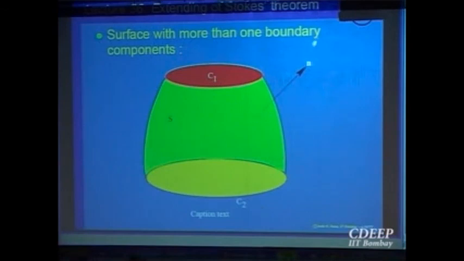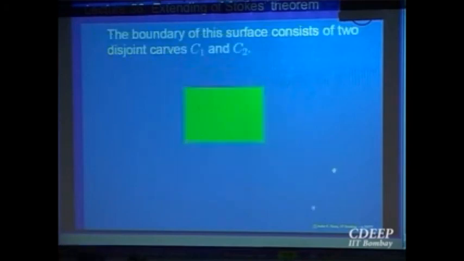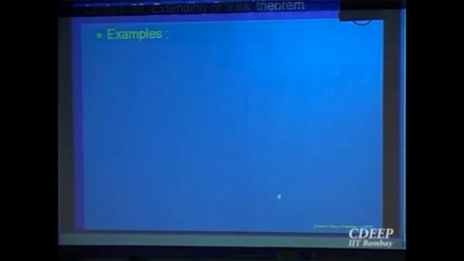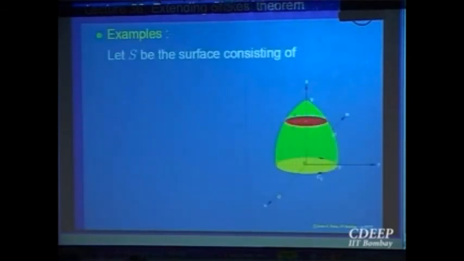So when you take the normal, if you are taking this as the outer one, then it will be going like this, and the other one will be going the opposite way. So all this is written in English, what I have explained, in words, in printed form.